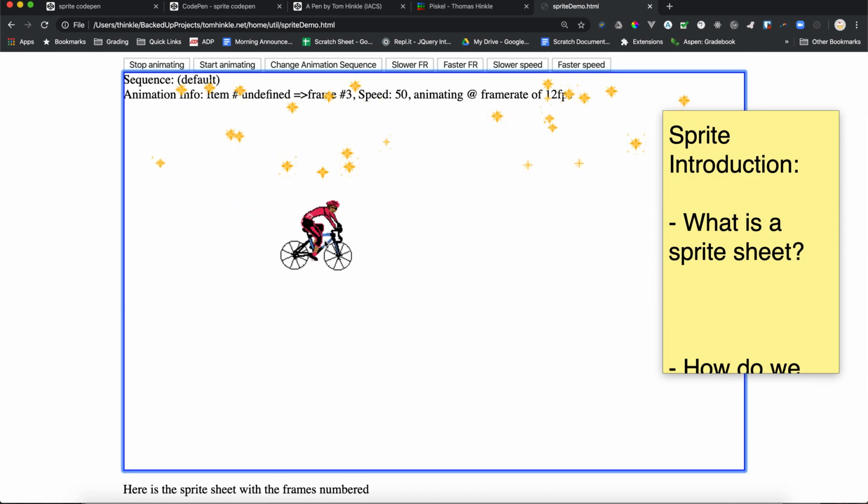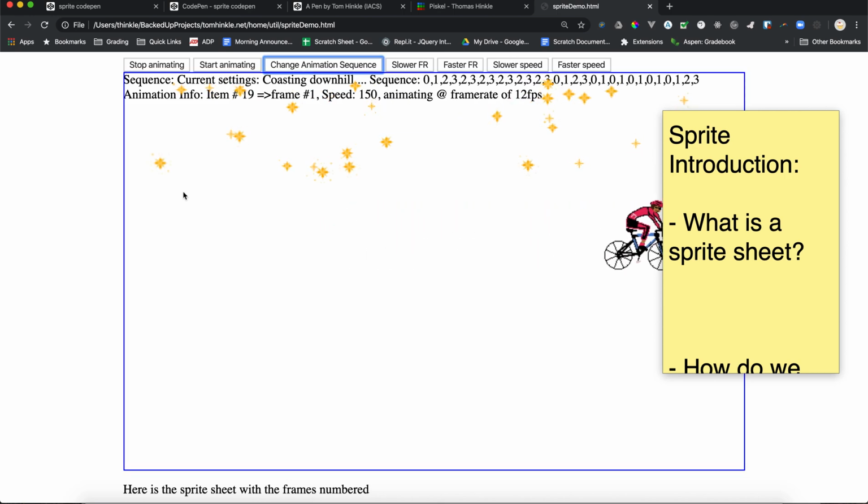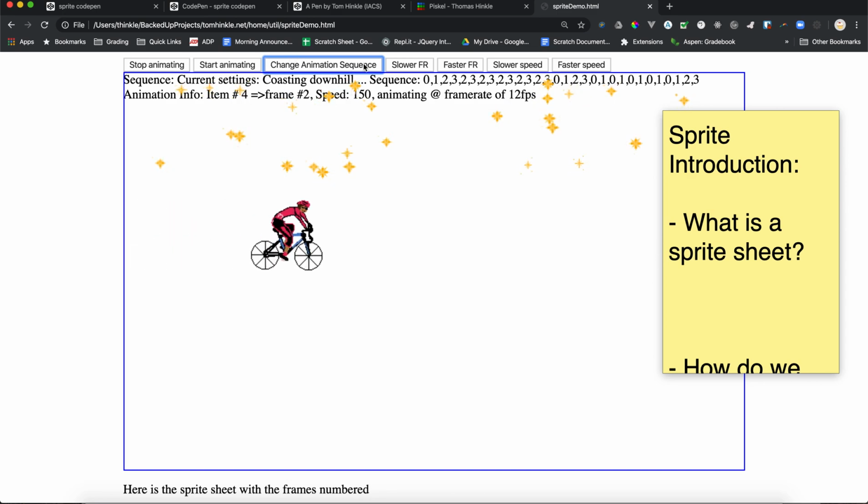And all I do is I play those frames in different orders. And actually, depending on how I play them, the bicyclist appears to be moving quicker or slower because the wheels spin more with the legs. So that's sort of the gist of what a sprite sheet is. I'll show you also in